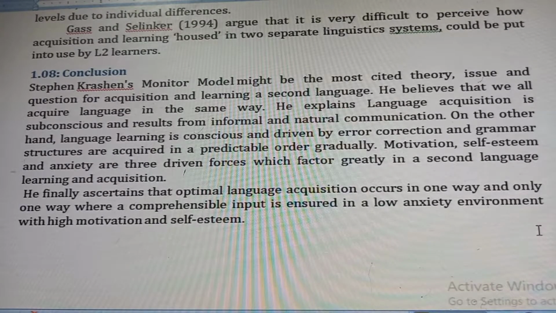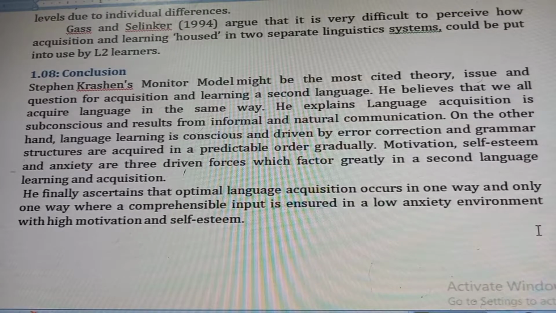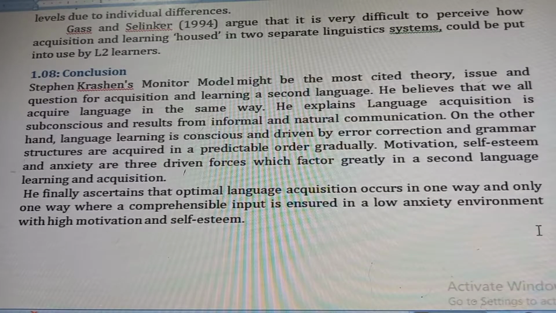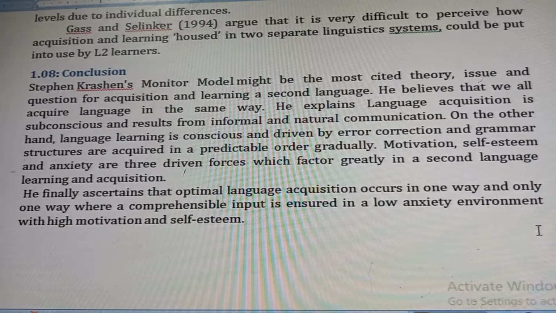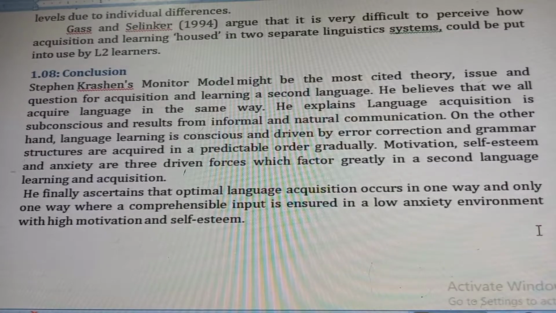Stephen Krashen's monitor model might be the most cited theory, issue and question for acquisition and learning a second language. He believes that we all acquire language in the same way. He explains language acquisition is subconscious and results from informal and natural communication. On the other hand, language learning is conscious and driven by error correction, and grammar structures are acquired in a